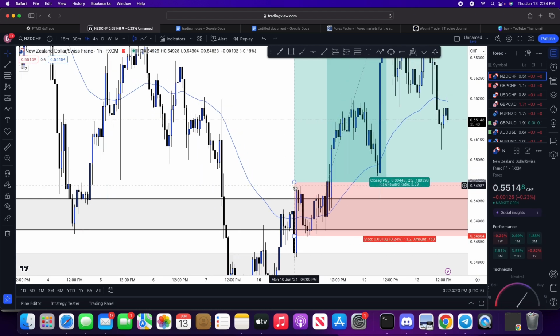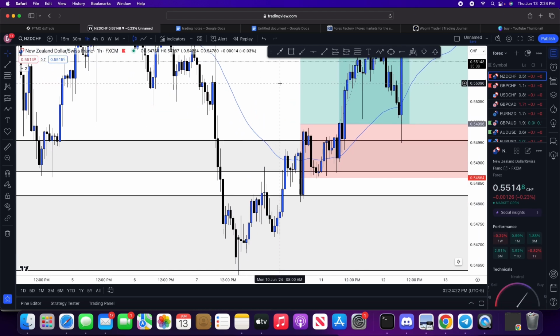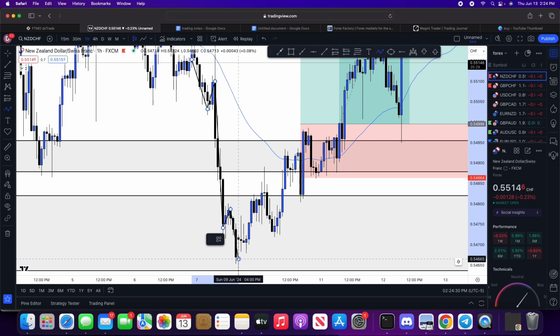So right here, we have a lower high, lower low, lower high, lower low, lower high, lower low, a potential higher high. I'll count this one as a higher high, not here, right here. And then a higher low. Why is that a higher low? Simply because we were able to break above this previous lower high.